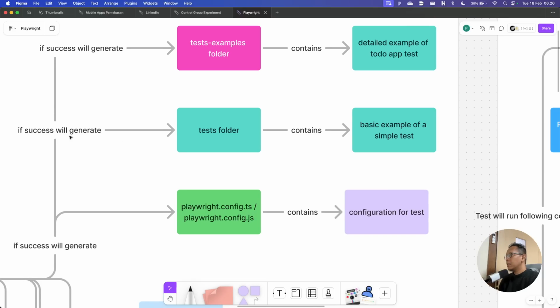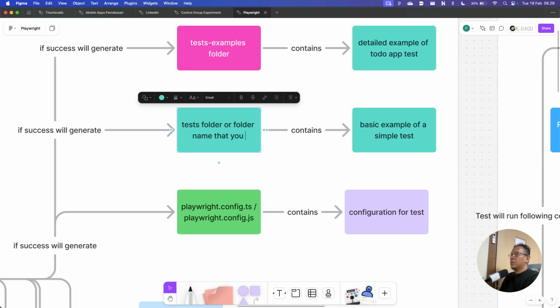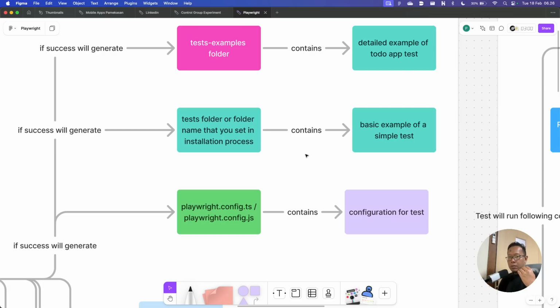And then if it's successful, it will generate a test folder, or the folder name that you set in the installation process. So if you choose E2E, then it will generate an E2E folder.